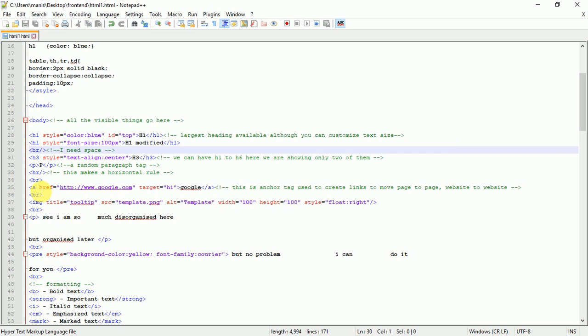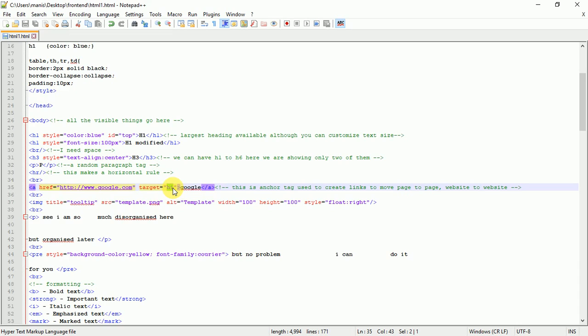Another thing is link. So you might have seen in the web pages that you can move from one page to another using links. So actually its name is anchor. So we have a tag anchor, which actually A signifies anchor, and whatever is written over here, you should move to this page, href, okay, hypertext reference,